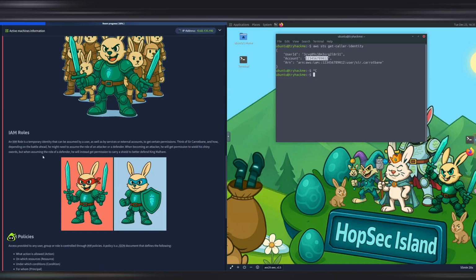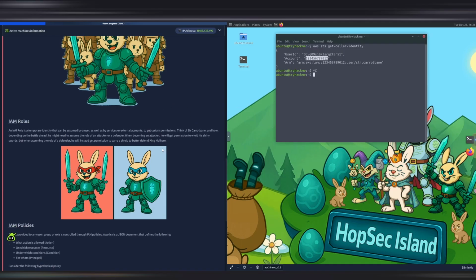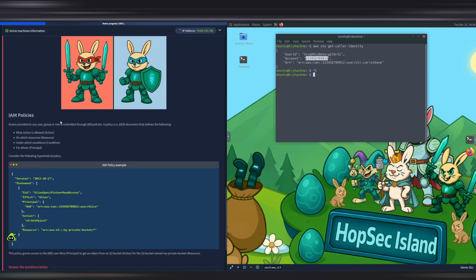And then you have roles. Roles are not to be confused with a role in the sense of what they can do in AWS, but rather a temporary identity that can be assumed by a user, as well as by services or external accounts. And then we have policies. Any access given to a user, a group, or a role is controlled by IAM policies.